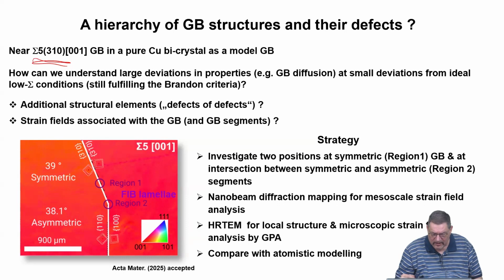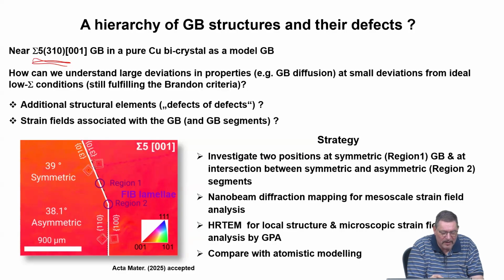And this is normally displayed in color codes, and this is shown here. So this is an experimental EBSD image of this bicrystal. The white line here signifies the grain boundary between them. And you see that the grain boundary direction changes, which was not intended. But this can be regarded as a feature and not a failure, because this gives you now the opportunity to have, in one material, different types of high-angle grain boundaries present. And related to your twin sigma 3 question, this is sigma 5, but still a highly symmetric grain boundary plane.